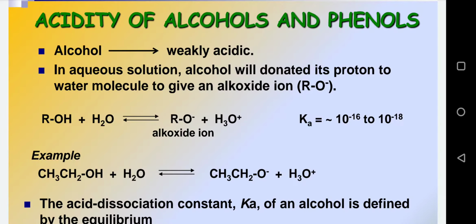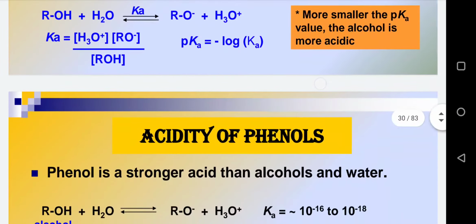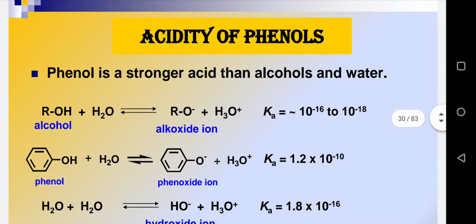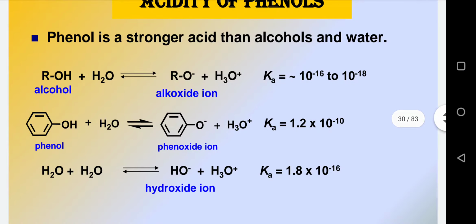So, as we all know, what is the acidic character of alcohols? Basically, alcohols on reaction with water get deprotonated and result in an alkoxide ion, as we have seen in this very first reaction also, producing hydronium ion as a byproduct. Similarly, phenol also reacts in the same way. In the presence of water, it gets converted into phenoxide ion by the liberation of hydronium ion.